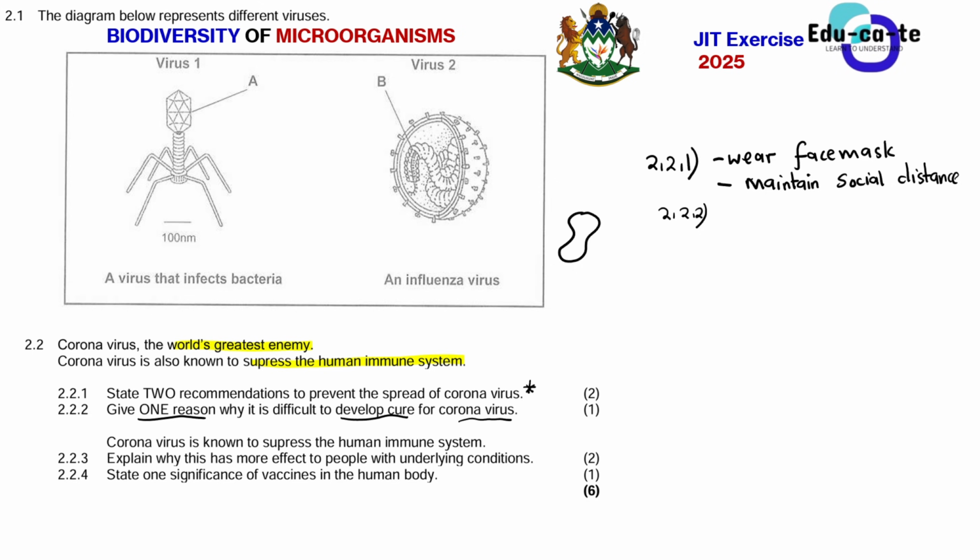For now, you are in grade 11. You are not doing details on what genes are and how the genetic material works and whatnot. But just know that a virus can undergo a mutation. A mutation simply means that the virus is changing its genetic structure. So the moment you go and design a vaccine to attack this virus, it changes to something like this. That vaccine will not be effective. That is why it is very difficult to develop a cure for coronavirus.